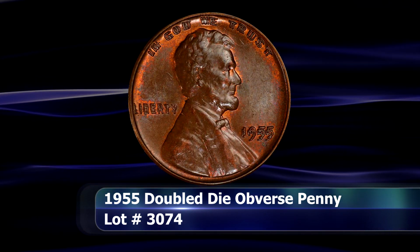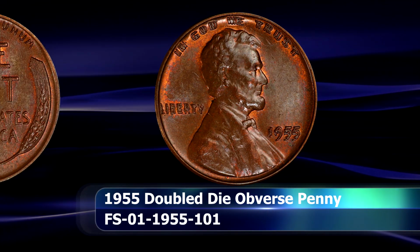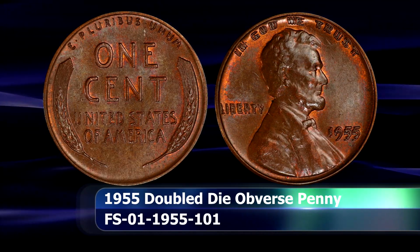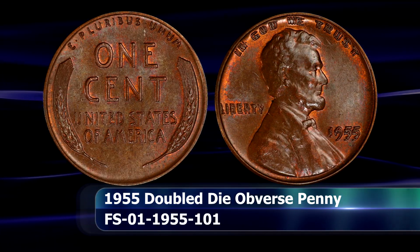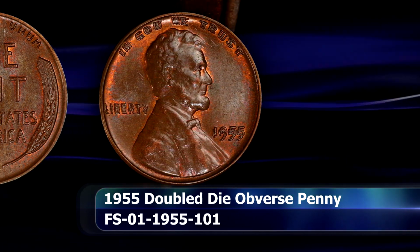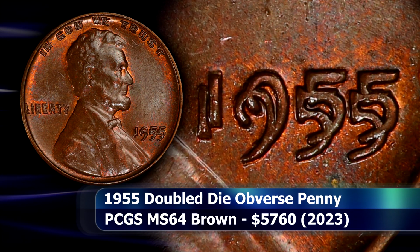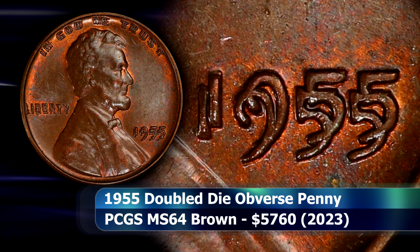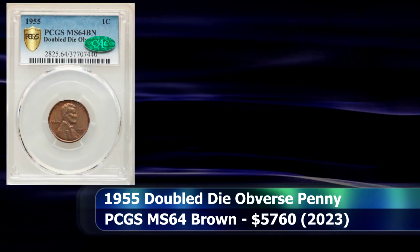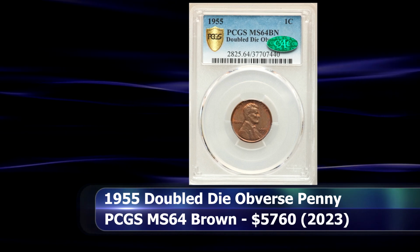And of course, we can hardly call this complete without mentioning the 1955 double die obverse Wheat cent, arguably one of the most famous variety coins available. It first made its way into the Red Book as early as 1960 after being discovered by collectors in the year of its release. The bold doubling on the date alone has become synonymous with collecting variety coins. This coin was graded by PCGS as MS64 Brown and at auction managed to raise